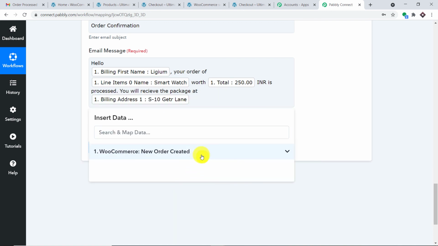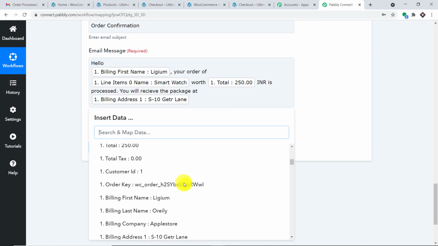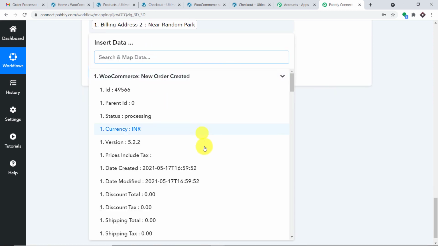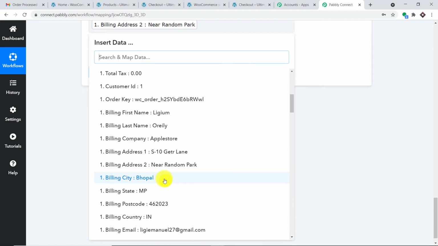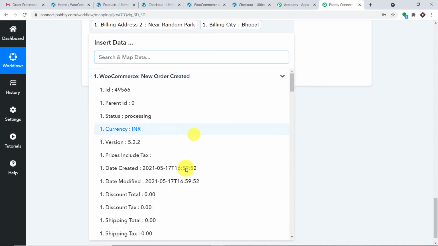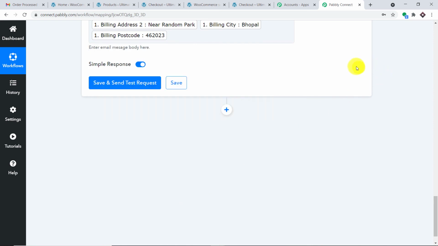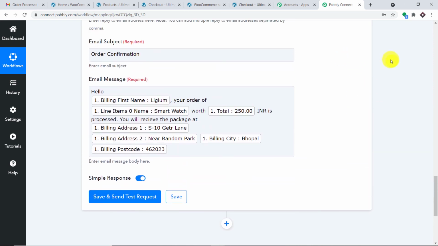So this is the address line 1, enter space, and this is the address line 2, enter space, and let me just add the pin code and the city. So this is the city, and then we have the pin code. Okay, so basically I think that's sufficient. Okay, so this is the email message.